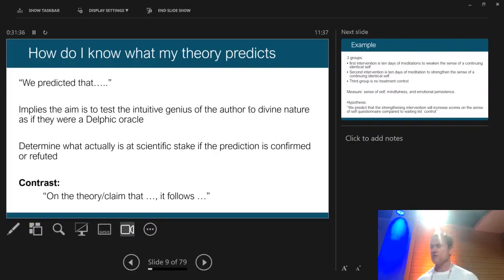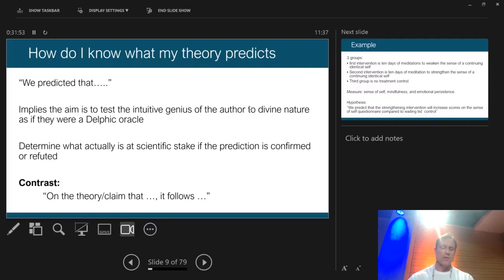So I'll give you some examples of my thinking. Here's something you see at the end of many introductions: "We predicted that. I predicted that." Now this is something I'm sure if you go back to my old papers you'll see, but I stopped doing